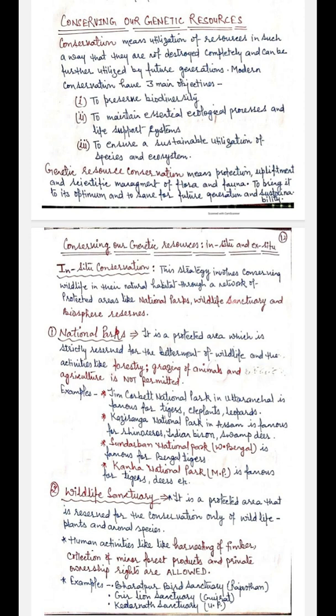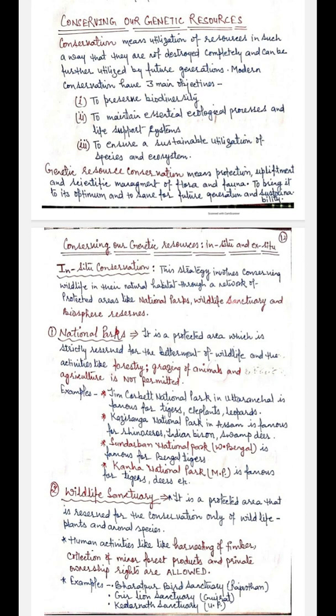With a known or potential value in order to ensure availability for exploitation by present and future generations. In situ conservation means conservation of wildlife in its natural surroundings or in its natural habitat. It ensures protection of the ecosystem of the original habitat and includes protected areas like national parks, wildlife sanctuaries, and